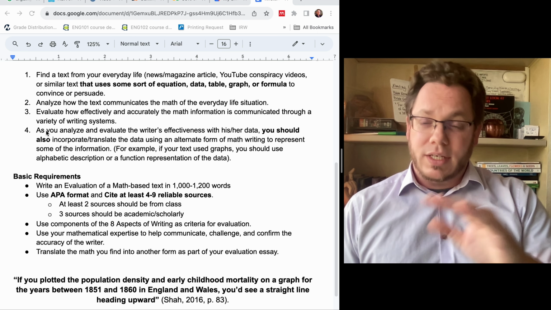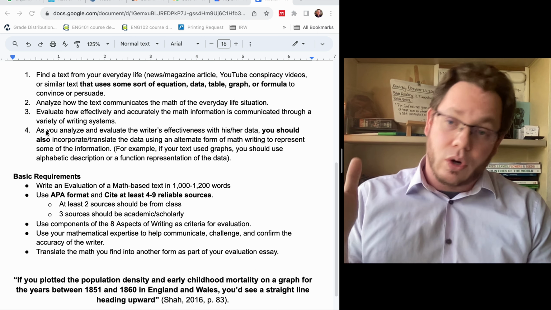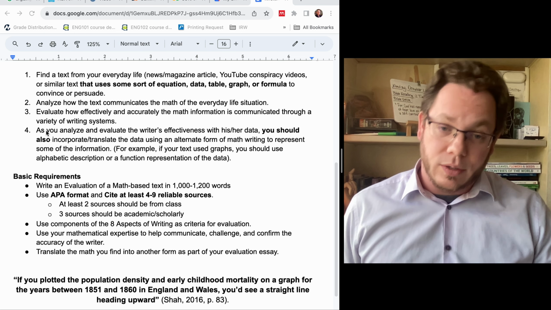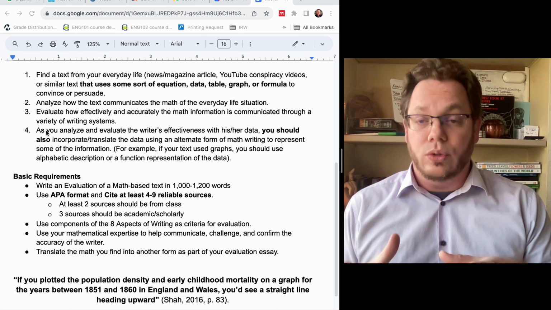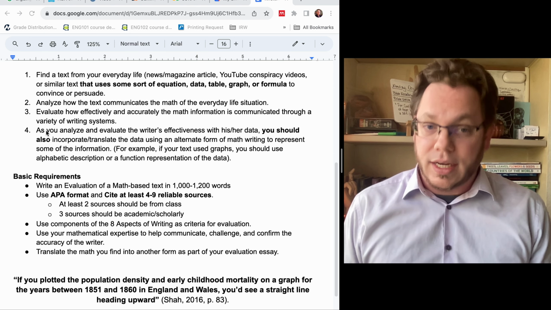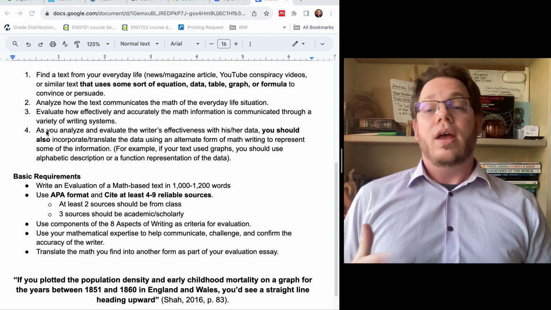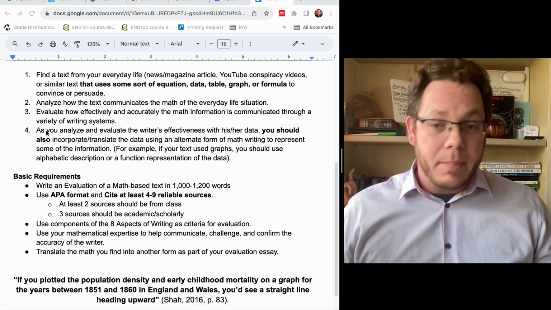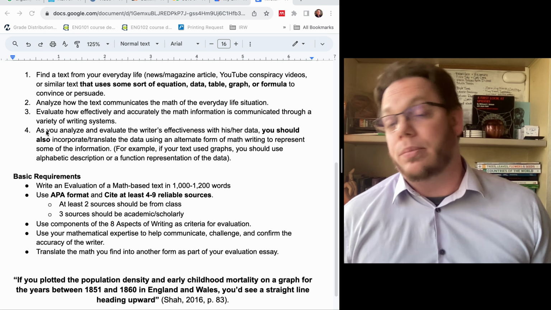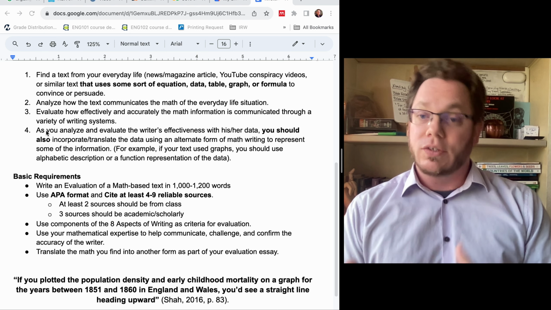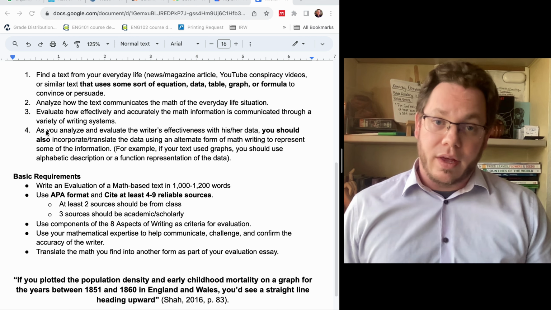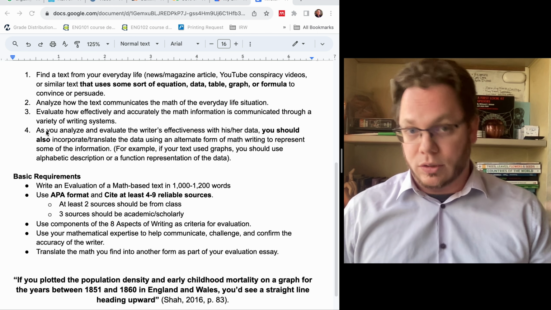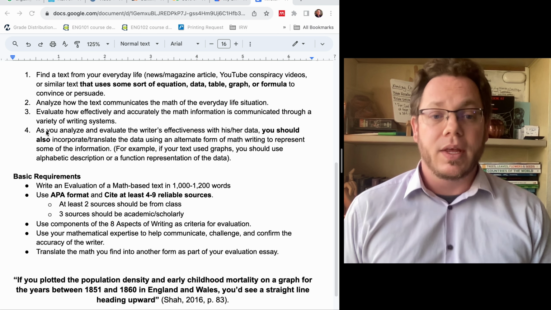And as you analyze and evaluate the writer's effectiveness, you should also be incorporating your own translation or transformation of data. So if the text uses data, but it's using a chart or a table, then you want to transform that data into alphabetic text, writing it out in sentences. If that text used alphabetic sentences and embedded a statistic inside a sentence, maybe you can give us the data in a table. If they listed out a series of items, and you wanted to make that feel more number-based and put it into a chart, those are all ways to transform how that math-based information is being presented, bouncing across our different visual math-based genres: tables, equations, graphs, alphabetic text, formulas, that kind of thing.